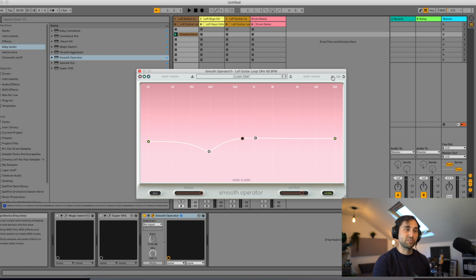And one of the main reasons I love this plugin over other similar plugins is because the classic mode is quite low on the CPU usage. So I'm finding that I can put this on a guitar recording straight away and not have to worry about the additional latency that you get with some of the similar plugins that I can only really use in the